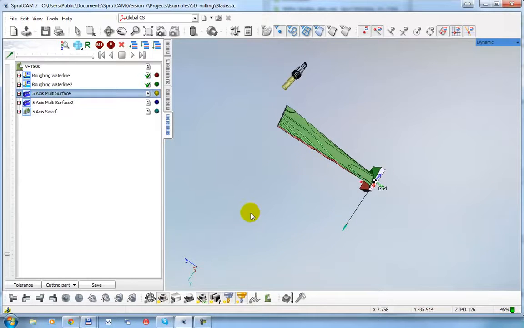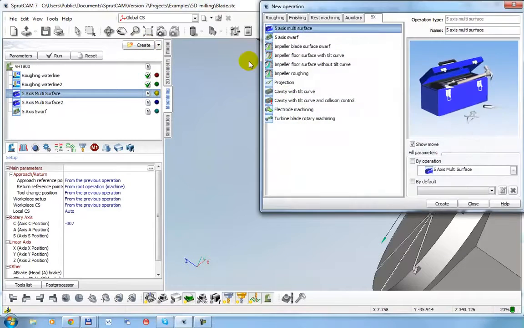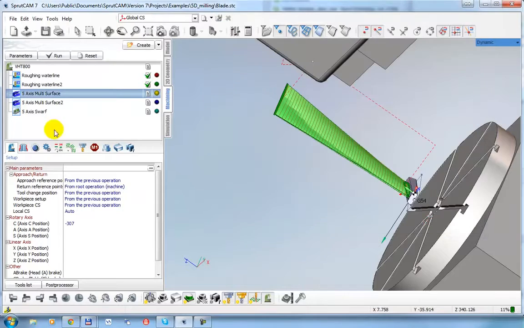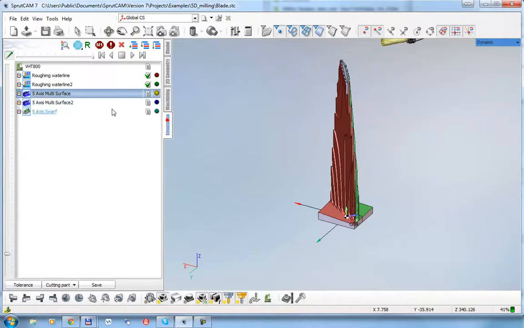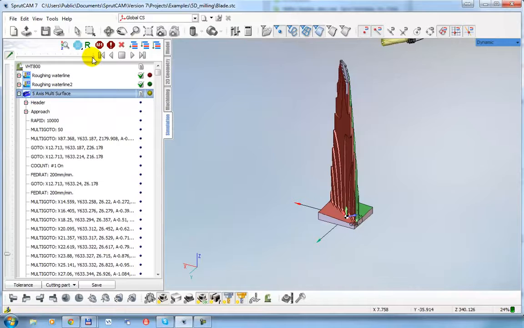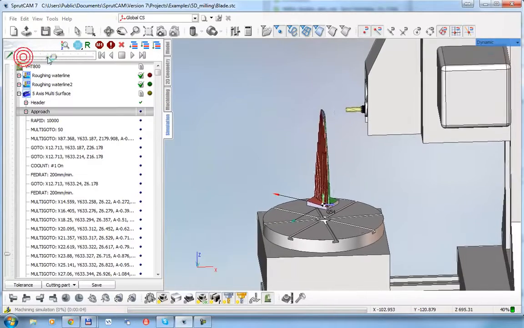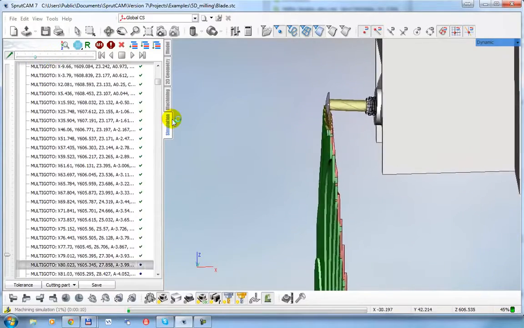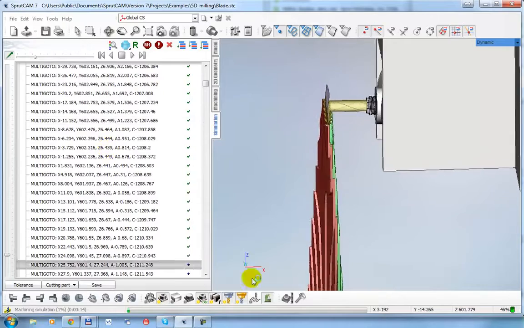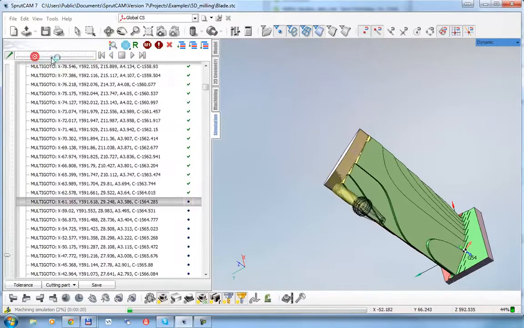So the next operation is the 5-axis multi-surface operation. It is a ModuleWorks operation, 5-axis multi-surface. Okay. Well, it generates the toolpath like this one. It generates something like this, and this is the toolpath. If I make the machine invisible, okay,